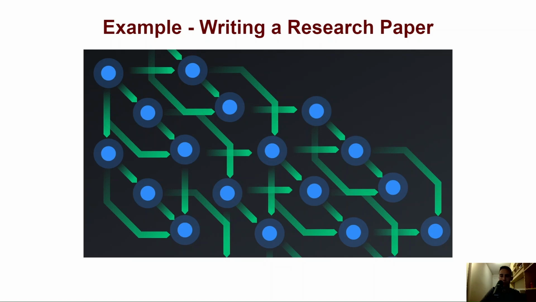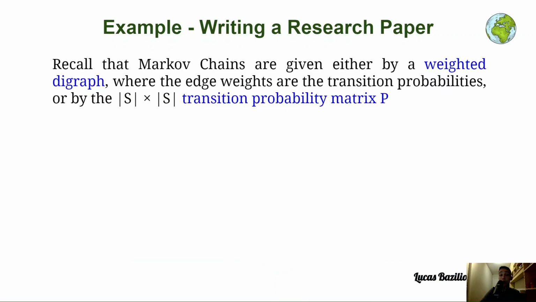Hey everyone, in this lecture we are going to see an example of a Markov chain that represents the process of writing a research paper and also the states that are involved. Recall that Markov chains are given either by a weighted digraph, the digraph representation, where the edge weights are the